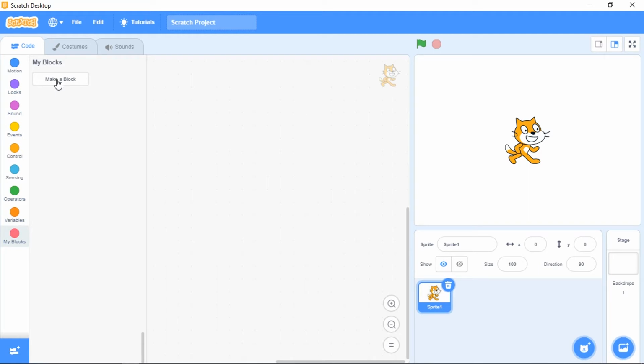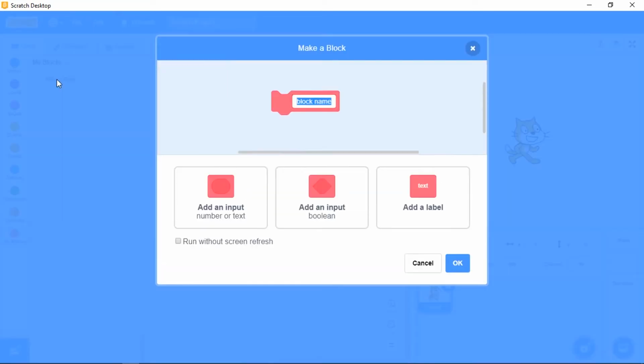Click on Make a Block. Here you have to give the block name. When you are going to create your own block, it will accept 3 parameters. First, add an input, which can be either a number or text, meaning you can enter either the number or text. Next, boolean, that is